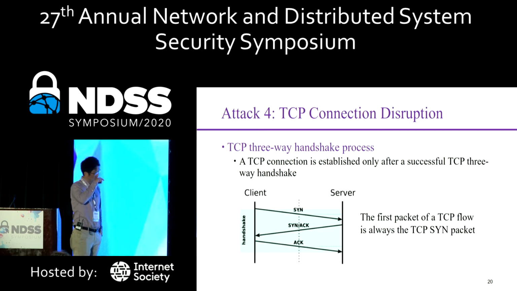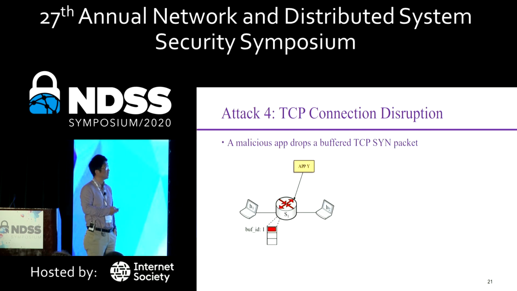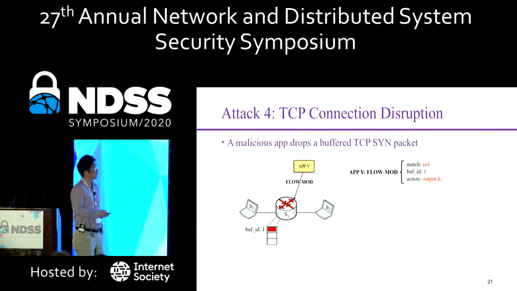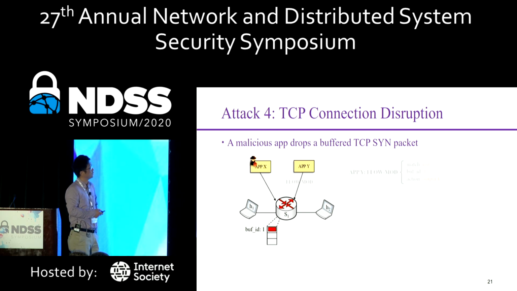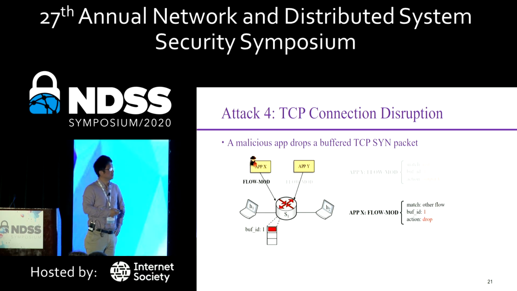The third one is a kind of DoS attack. So this is a typical TCP 3-way handshake. The first one will be the TCP SYN message. In the normal case, when they receive this first packet, TCP SYN, this app Y will forward this packet, sending a flow mod saying, okay, forward it to H2. But if there's a malicious app sending a malicious flow mod saying, okay, drop it,